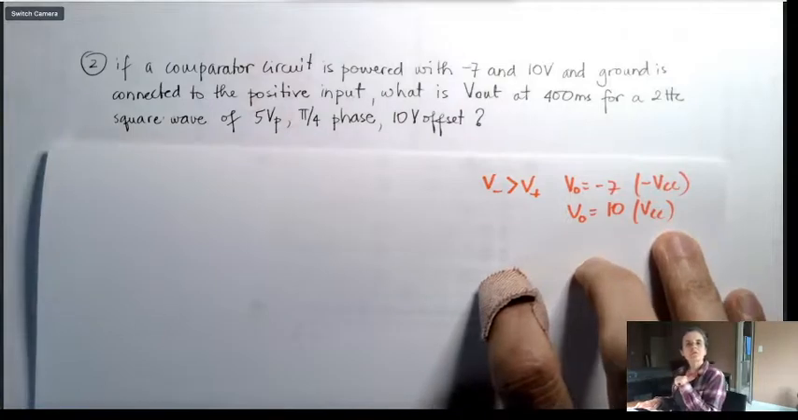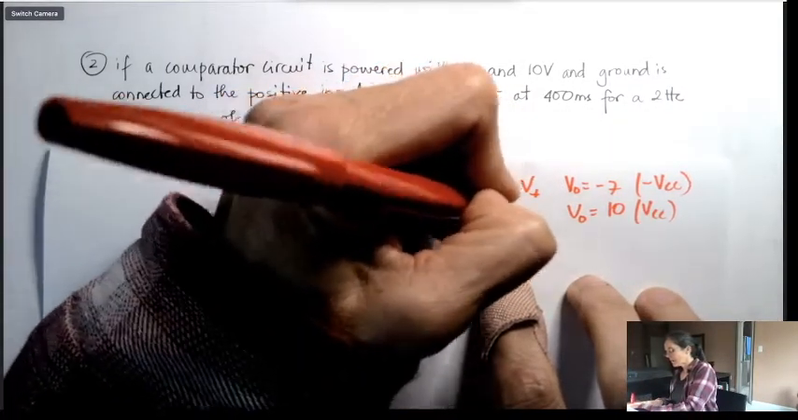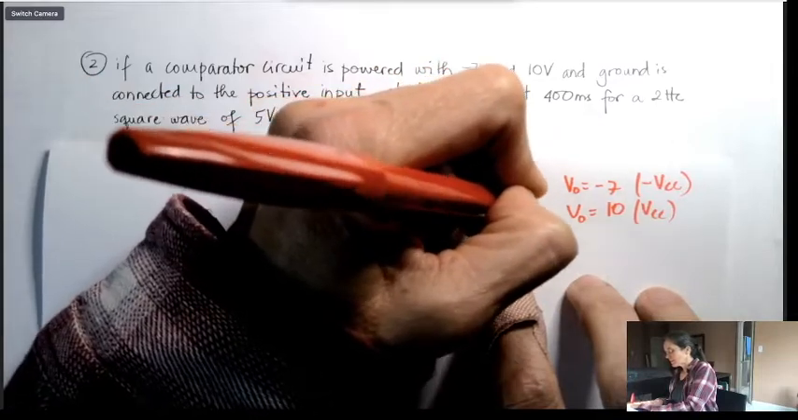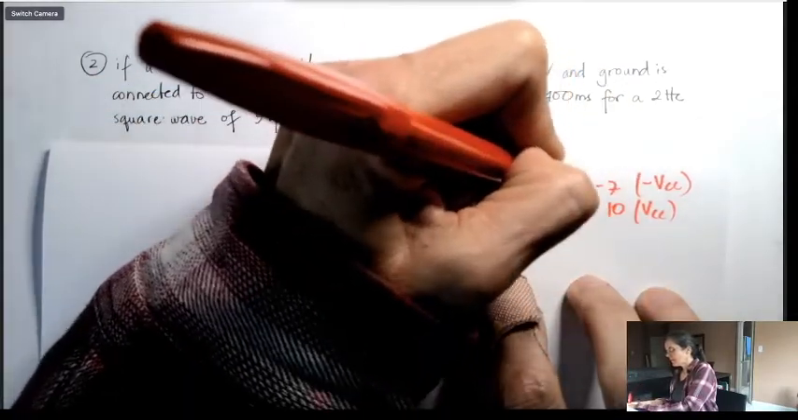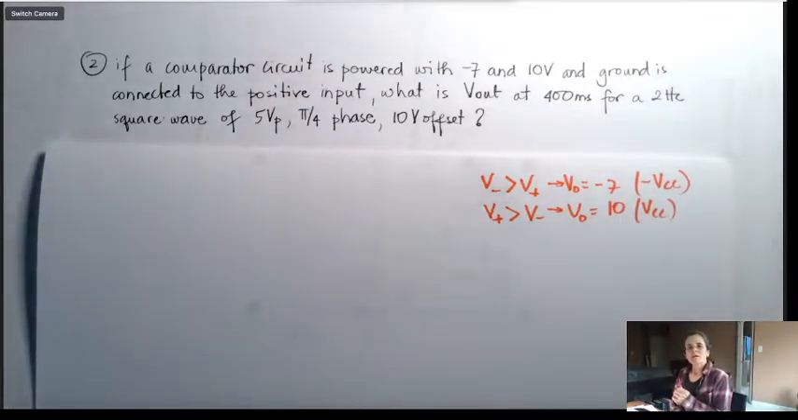positive. So the input, the negative input is larger, the output will be -7. If the positive input is larger, then the output will be +10. But now the question, which one is larger? And here, there is a square wave